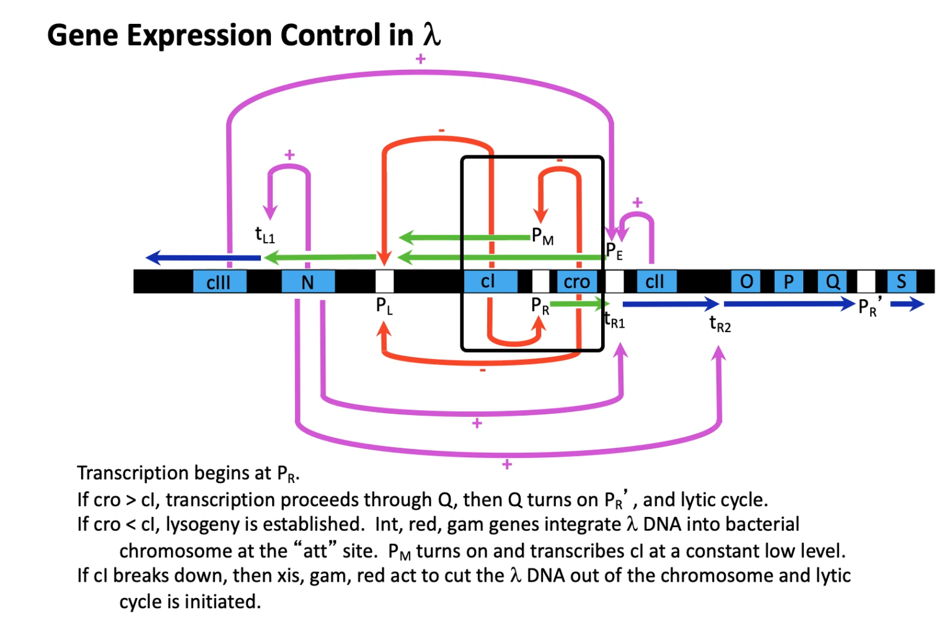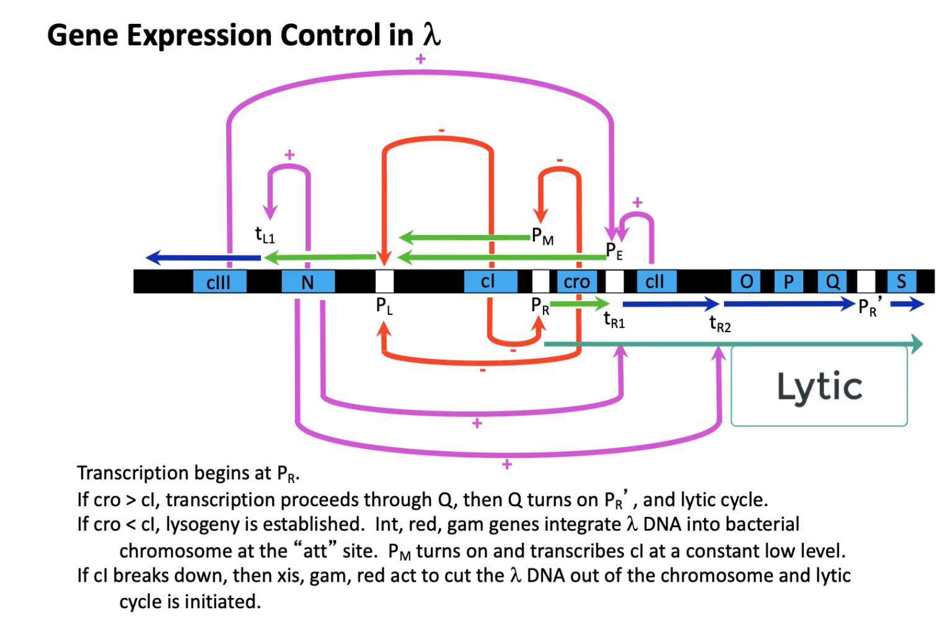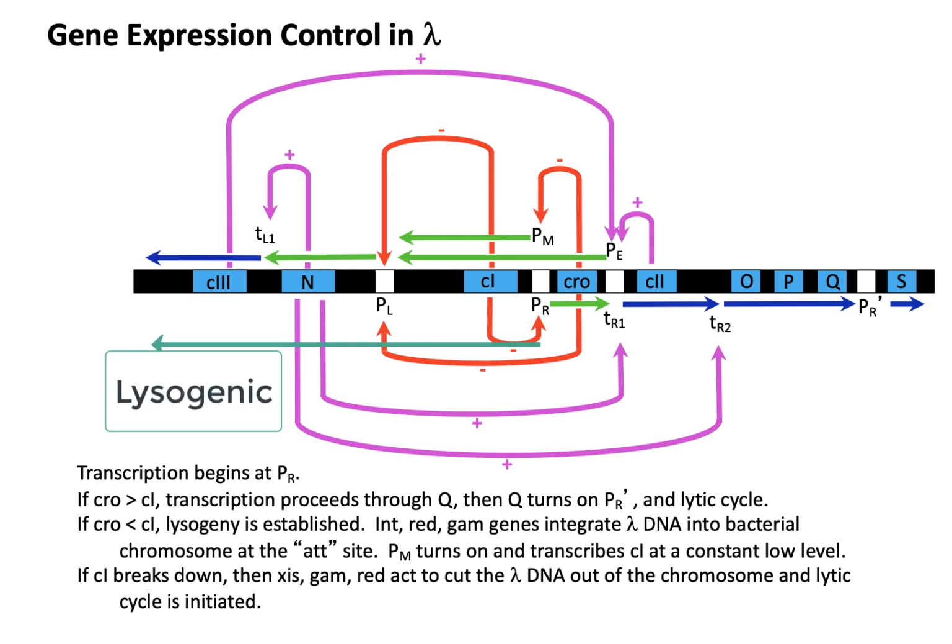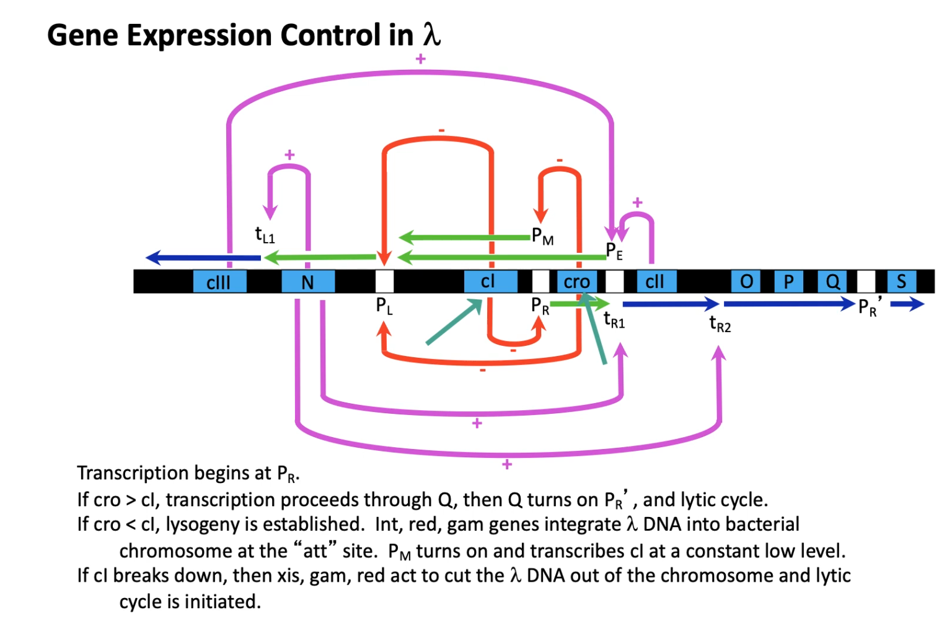So this is a control region that if you go in the rightward direction there, you head towards the lytic cycle. And if you go off to the left of this diagram, you go into the lysogenic cycle. And so the proteins that are controlling that are CI and Cro. And you can see that if you have Cro, it will inhibit